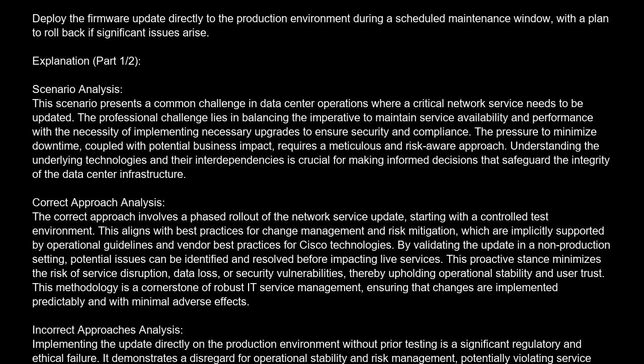The correct approach involves a phased rollout of the network service update, starting with a controlled test environment. This aligns with best practices for change management and risk mitigation, which are implicitly supported by operational guidelines and vendor best practices for Cisco technologies. By validating the update in a non-production setting, potential issues can be identified and resolved before impacting live services. This proactive stance minimizes the risk of service disruption, data loss, or security vulnerabilities, thereby upholding operational stability and user trust. This methodology is a cornerstone of robust IT service management, ensuring that changes are implemented predictably and with minimal